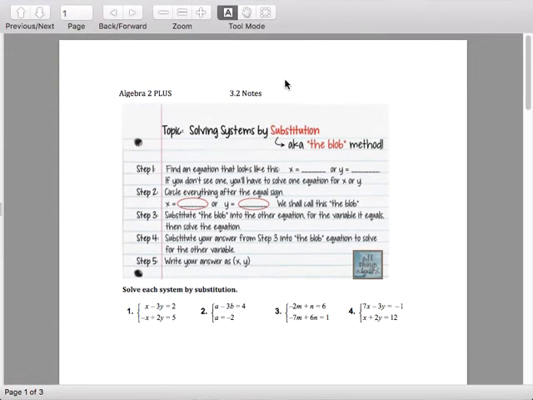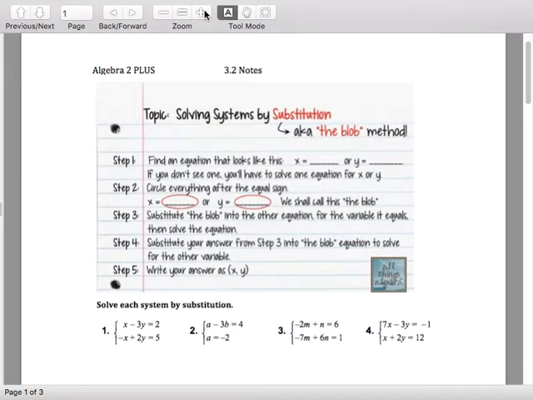All right, here we go. 3.2. All right, so here we go. 3.2, we're going to look at